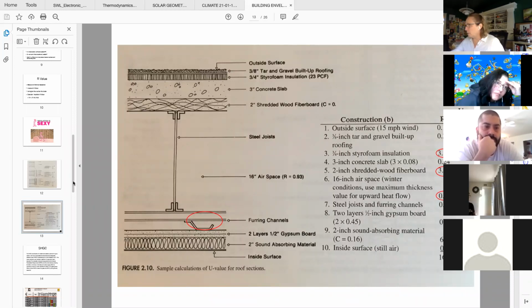Okay, so building envelopes. Okay, and again, here, this is a roof. So don't forget, there is the